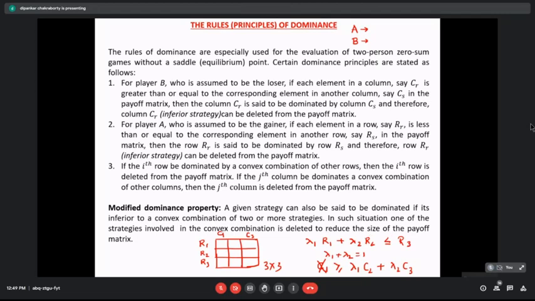Clear? After deleting R2, if it is not possible to solve, then we have to try with R1. This way, this process occurs. The same thing happens for the column as well, that if